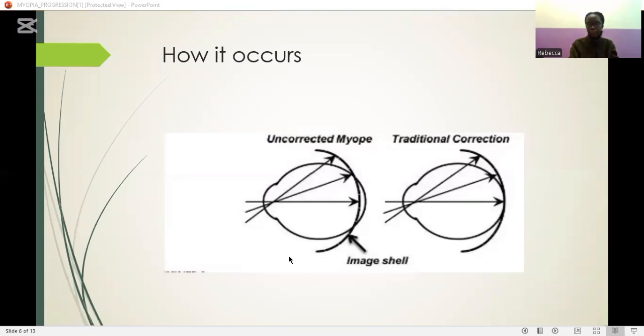This is the image that I was talking about. So we have the first figure there with an uncorrected myope. We have three arrows to show us how the image forms in the eye for a myope that has not yet been corrected. So we have the horizontal arrow that is forming in front of the retina. And then we have the two arrows above. One is just on the retina and the other one is outside the retina. So for the topmost arrow that is outside the retina,